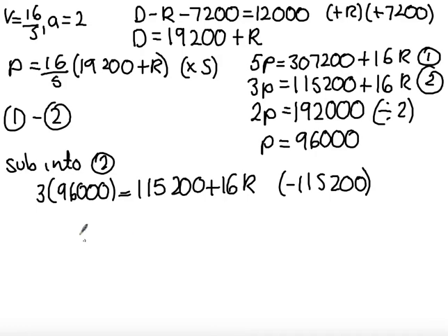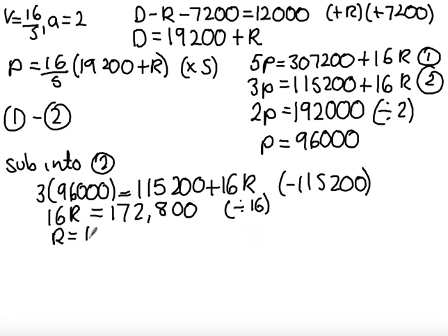The result of this gives me that 16R will be equal to 172,800, and when I divide this by 16, finally, to get an answer, we get that R is equal to